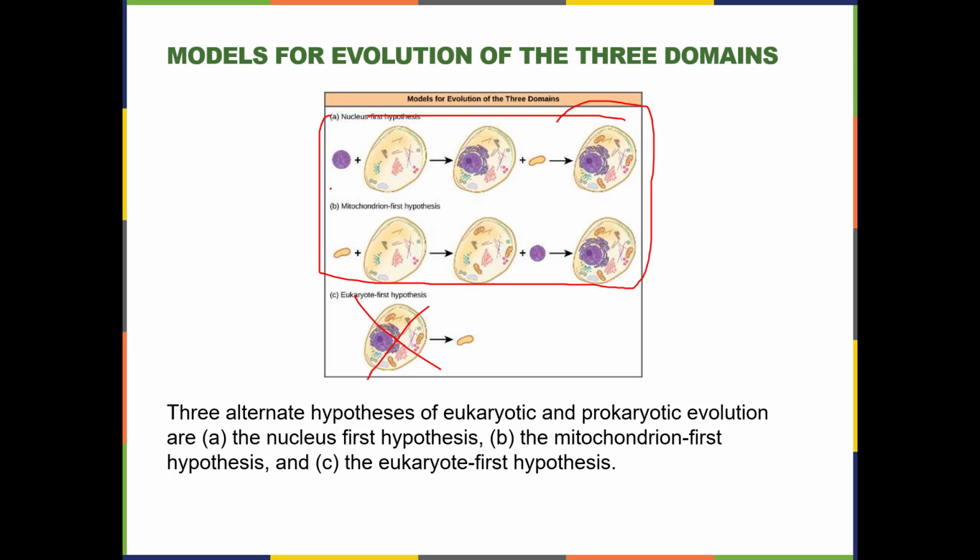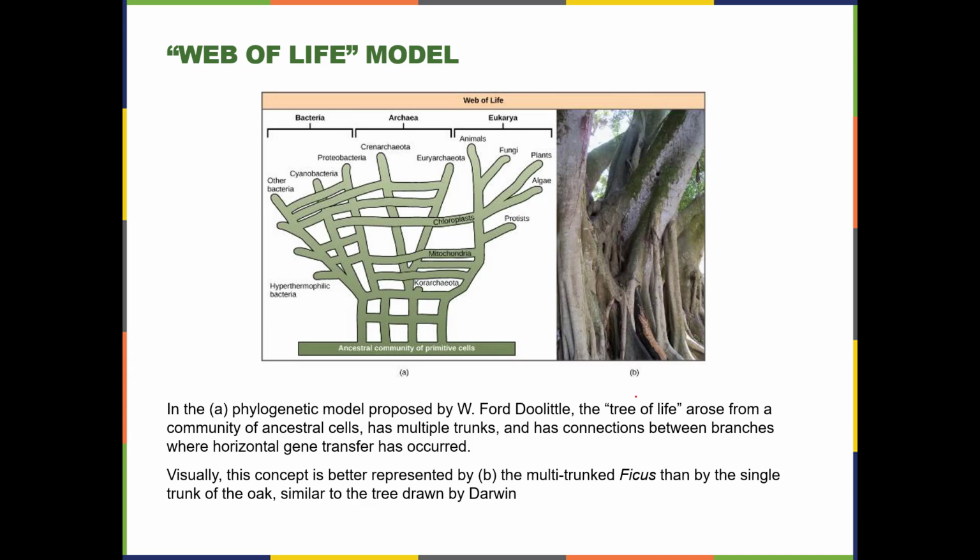But these first two are really basically just different versions of endosymbiosis. What was the order in which the cells fused together, or not fused together, but engulfed one another? And one of those is correct. Are we ever going to figure out which one? Probably not. But when you put everything together, you end up with